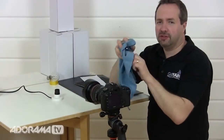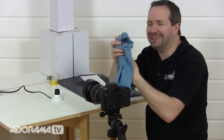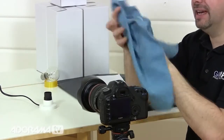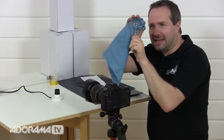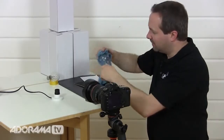Okay, so the first thing you want to do is to get your bulb really clean, and I mean spotlessly clean. The cleaner you can get this bulb now, the less Photoshop work you're going to have to do. So get a really good cloth. This is the one I actually use to clean my lenses, so you know it's a really good cloth. And give this a very nice clean and remove all the fingerprints that you can, and we'll put it back